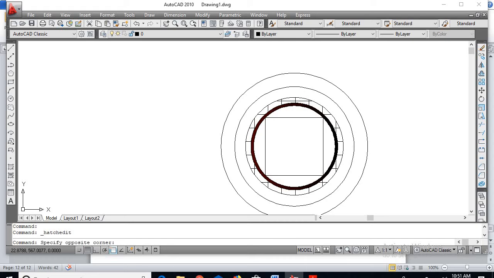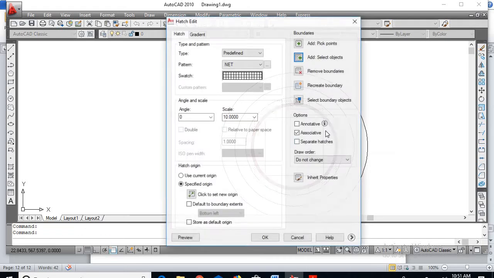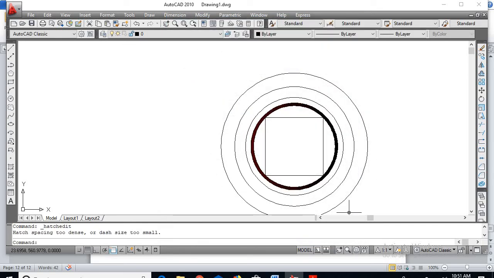Or I can reduce this scale. Suppose it is too small, it will look like this, so there are no windings itself. So you can change the scale, and according to the scale we can show the windings.